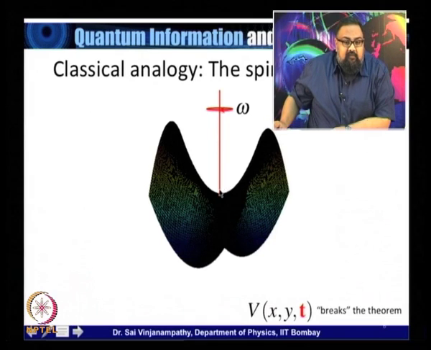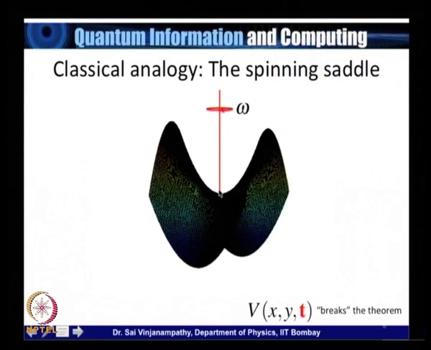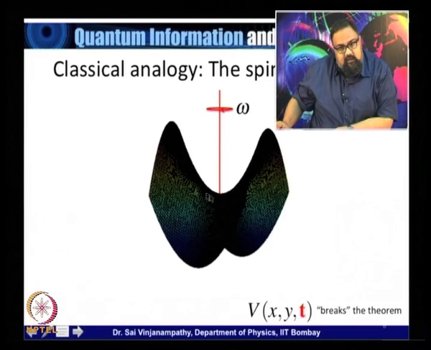If this frequency is fast in comparison to the typical dynamics of the marble, let's say the amount of time that the marble takes to go from here to a little bit far away from here. If this frequency is much faster than that typical dynamics, then before the marble has a chance to get away too far, the saddle has spun to a place where this potential is in the place